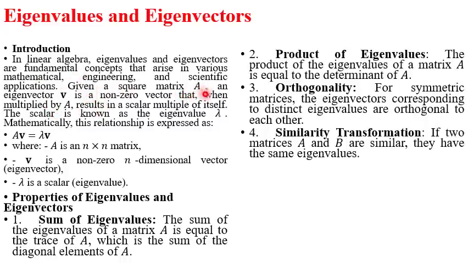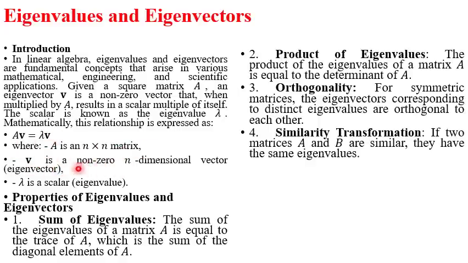Given a square matrix, say A, an eigenvector, usually denoted as V, is basically a non-zero vector that when multiplied with the matrix, usually of course a square matrix, results in a scalar multiple of itself, and mathematically it can be expressed as this. So where the matrix A is a square matrix, and of course the vector is also